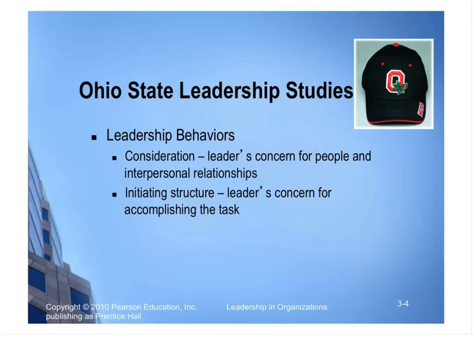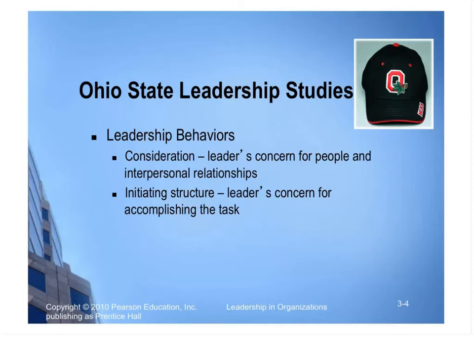So these are types of behavior that you expect from a leader, that the leader has concern for people and their relationships. And also the structure is the way the leader's concern for accomplishing the task is